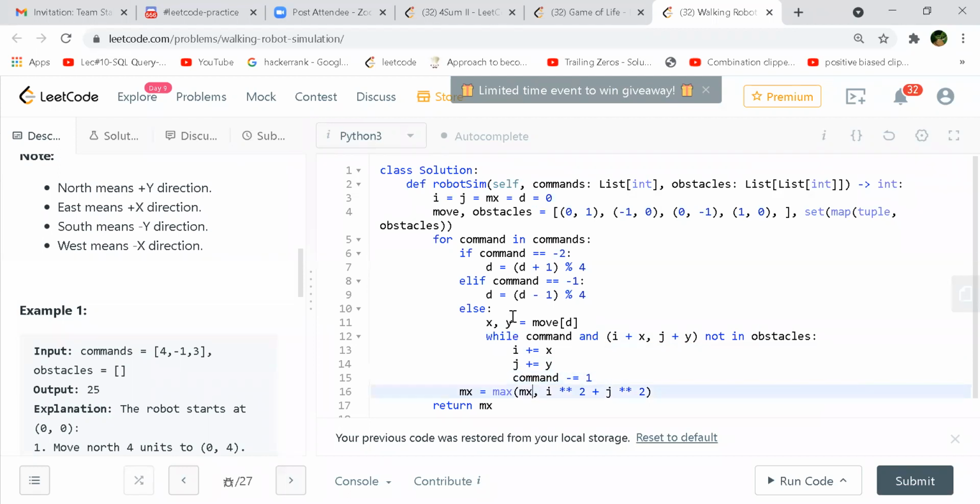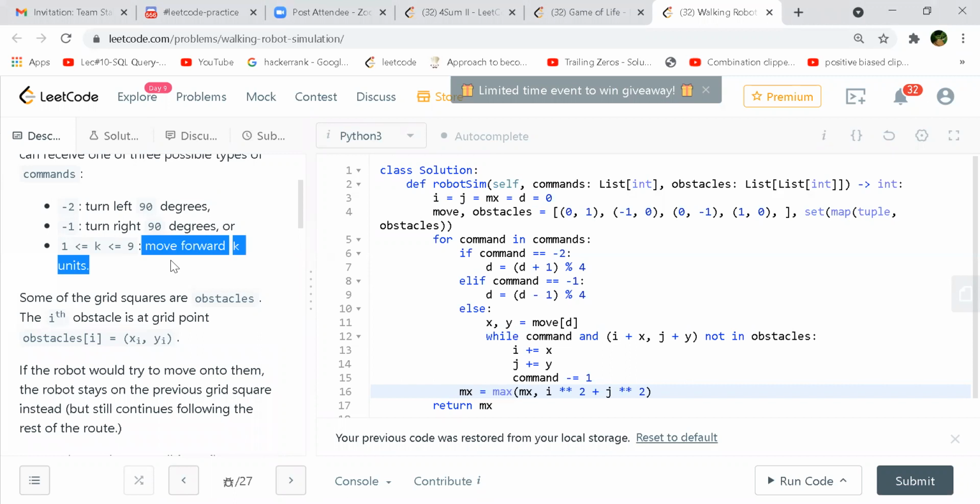And this is the max initial distance I've taken as 0, the max, and now Euclidean distance as i square plus j square. Whatever the max of it, you store it over there in the max and return it, right? So at the end, we always keep on adding the values to the x and y, right? Because we always start from 0, 0 coordinate, so whatever the values are at the i and j, those values will be our maximum position from our 0, 0, and then if we just take the square of that value and return it.